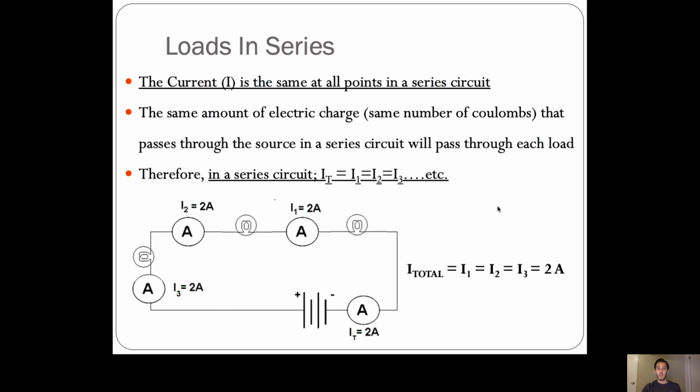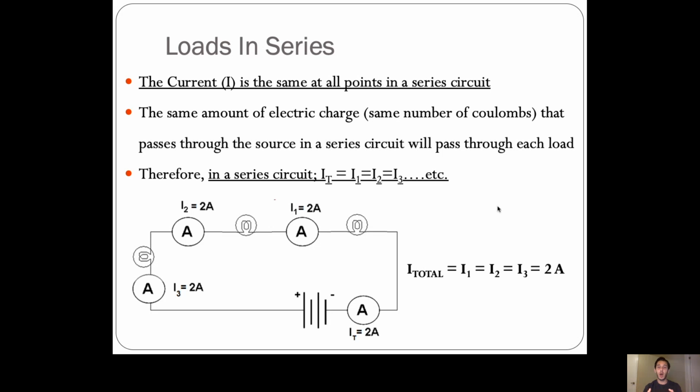Okay, so let's talk about loads in series. Now, what's a load? Well, a light bulb is a type of load. Could be a fan. It could be a heating element. Anything that converts electricity into a usable form of energy, that's a load. So if we're in series, in other words, there's one path, the current is the same at all points, which makes sense, right? Because there's only one path. The same amount of electric charge, the same number of coulombs, the same number of electrons,